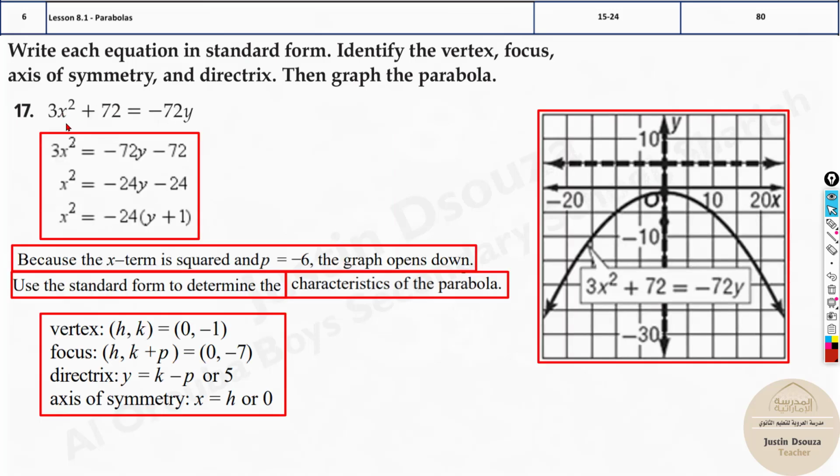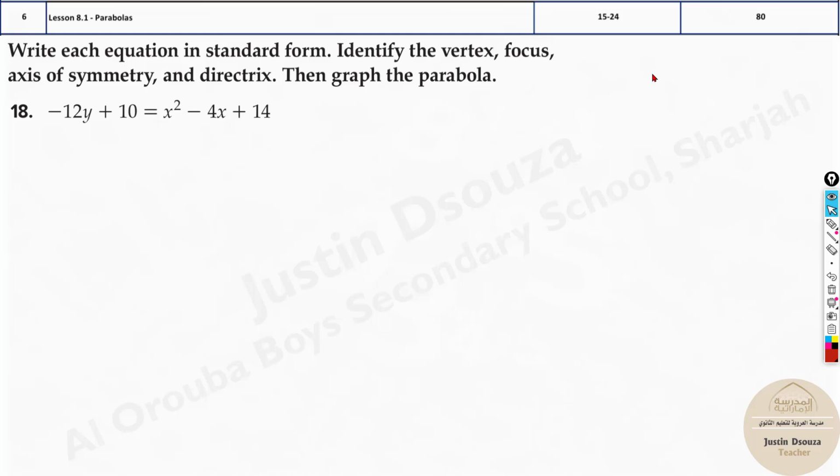See, till now, what happened? We had only x squared and y. But now here, this is a problem. Here, you need to do the completing the square method. Let's try it now. What you need to see is which is having power 1 and which is having power 2. So group all the power 2 at one side and power 1s at one side. So let us leave this as it is, no need of changing. But what I'll do is all the numbers, I'll bring it over here for now. This number, I'll bring it over here. It'll be minus 12y plus 10, and this becomes minus 14. It'll be minus 4. I'll directly write it because minus 14 plus 10 is minus 4, is equal to x